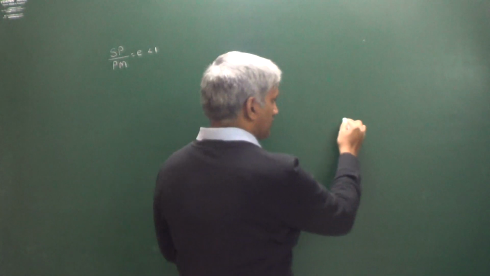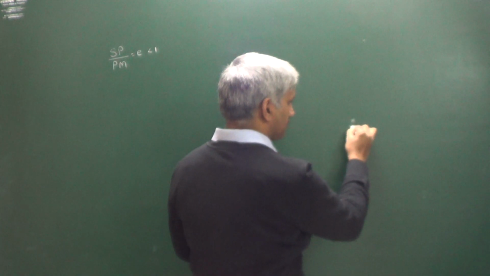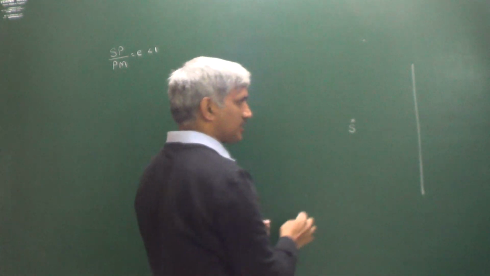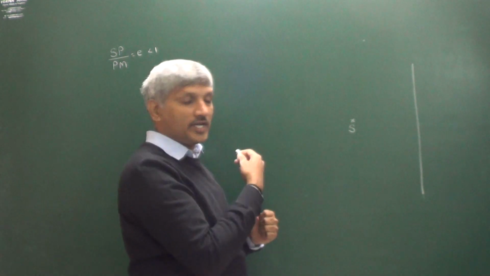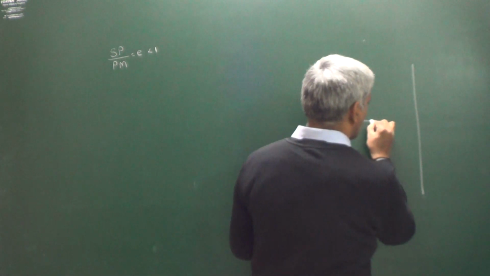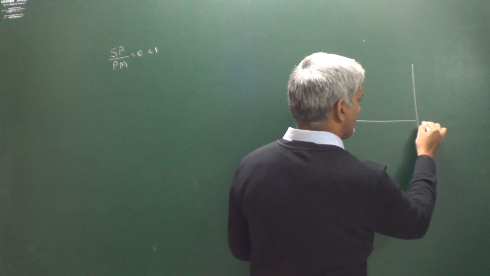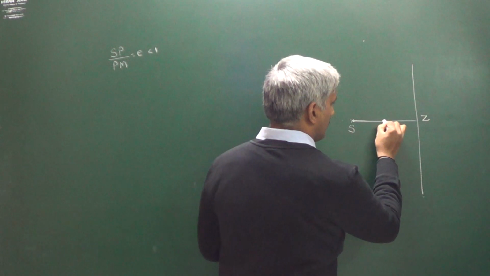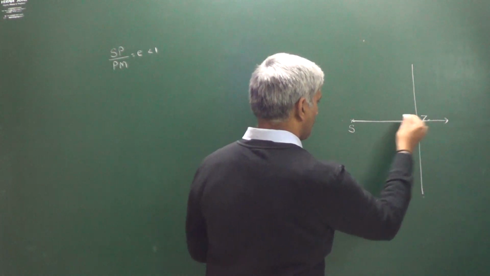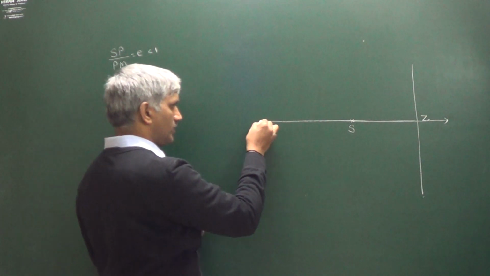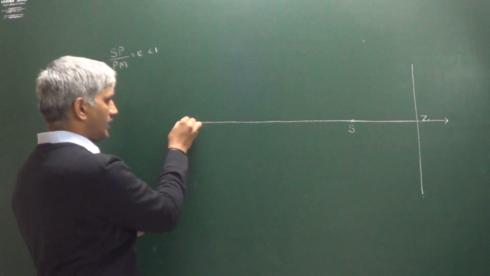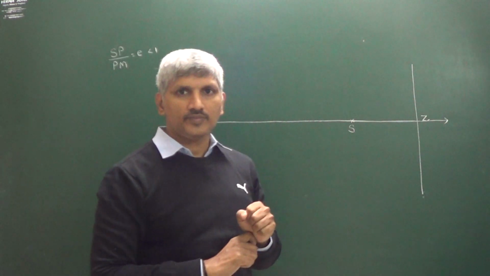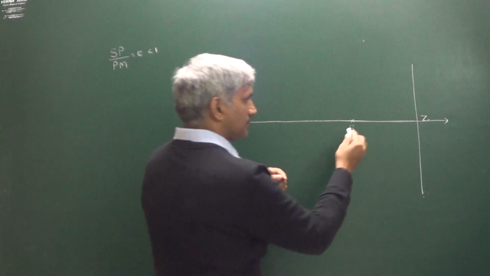So let us say this is a fixed point S and we have a fixed line here. We are calling that one a directrix. Now from this point S onto the directrix a line is drawn perpendicularly. Let us say it meets at Z. Okay. So extend this SZ on both sides. Let us call that one the x-axis. This is the SZ extension. Now this SZ divides at 2 points, A